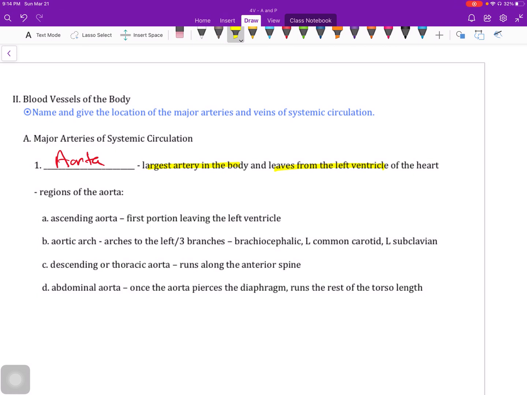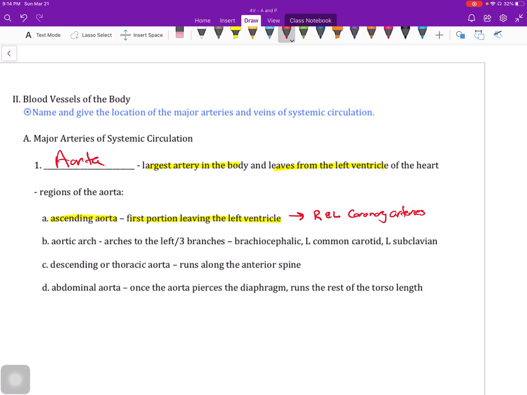You have the ascending aorta. That's the first portion leaving the left ventricle. Leaving the ascending aorta, you have the right and left coronary arteries. Remember, they're the ones that supply blood to the heart tissue itself. Blood going through the heart does not nourish the heart, so you have to have blood coming into those right